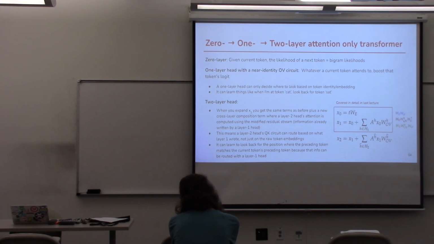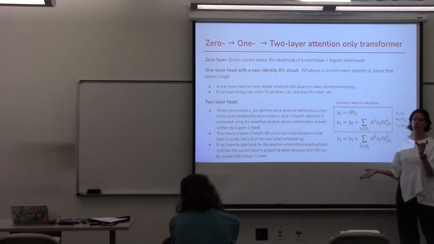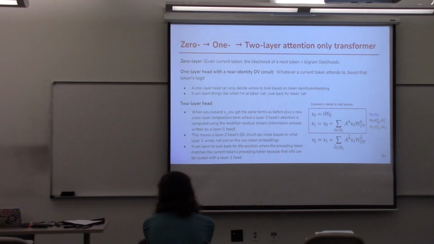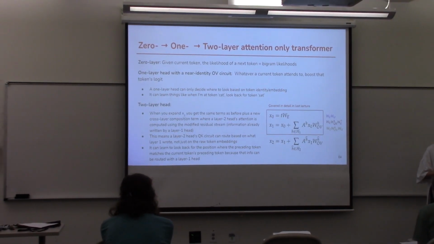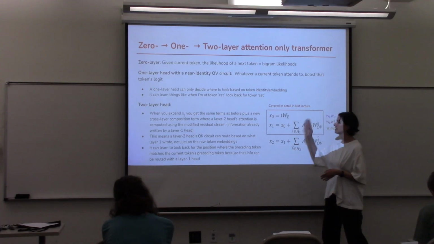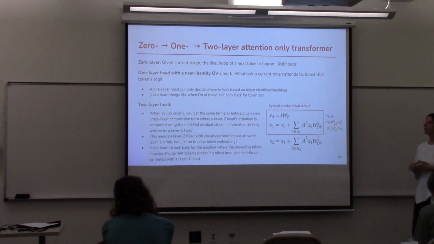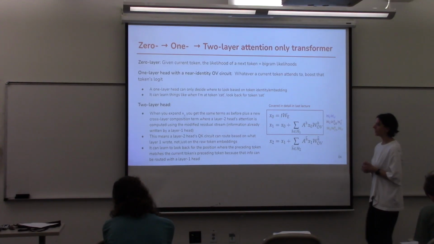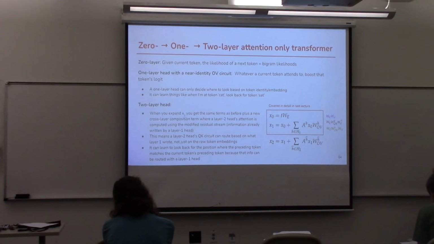When you think about it, if I have this token and all the possible continuations of that token, I'm basically producing a bigram, a sequence of two consecutive tokens, and I also have the likelihood of that bigram. So we said, all right, a zero-layer transformer, given the current token, can give us the likelihood of the next token, and that simple model is basically calculating bigram statistics. Then we moved into one-layer